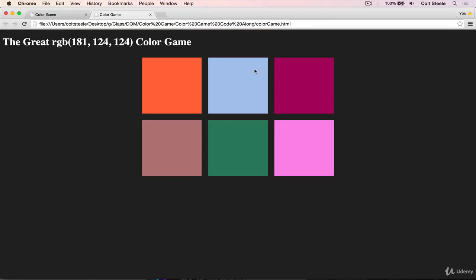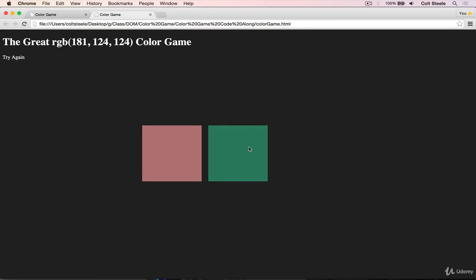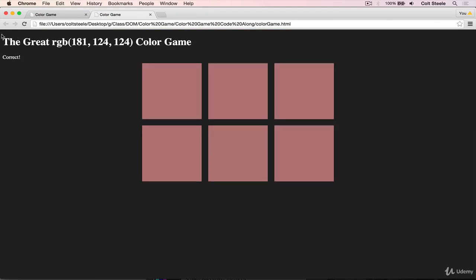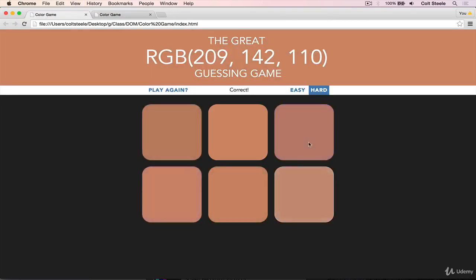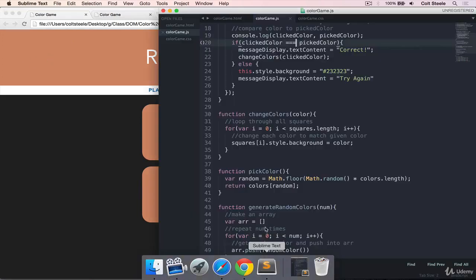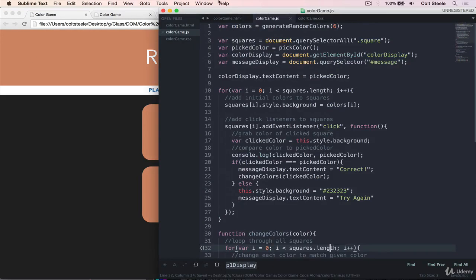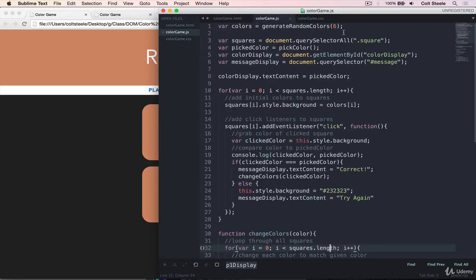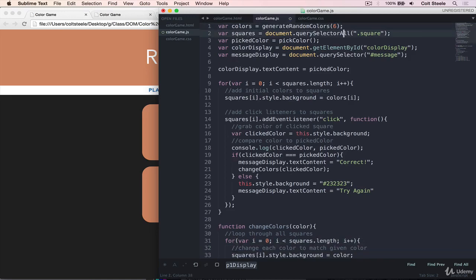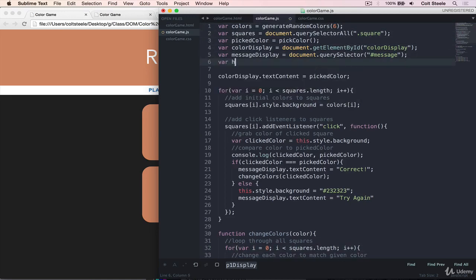The last thing that we could do is when we guess it correct, we could also change the H1 background like I did here. So when you guess the right color, it changes the background color as well. And that's a simple change. All we need to do is select the H1. It's the only H1 on the page. So up here, at the bottom, I'm going to select var H1 equals document.querySelector